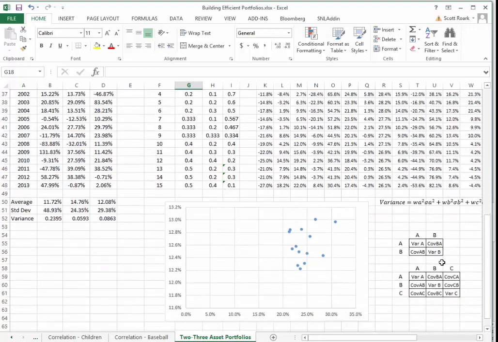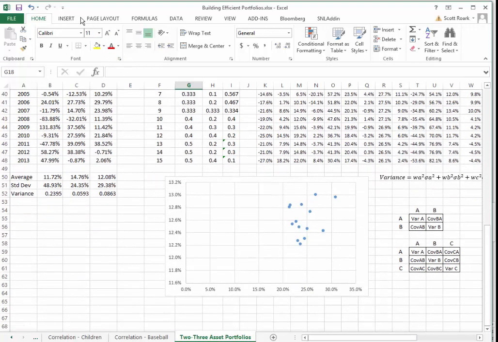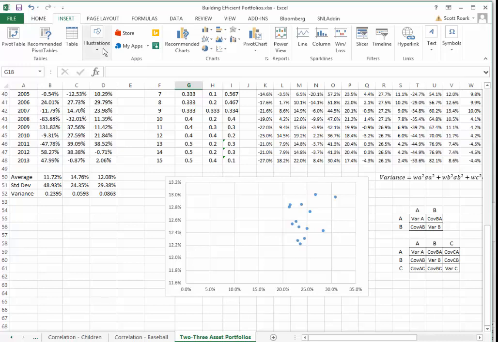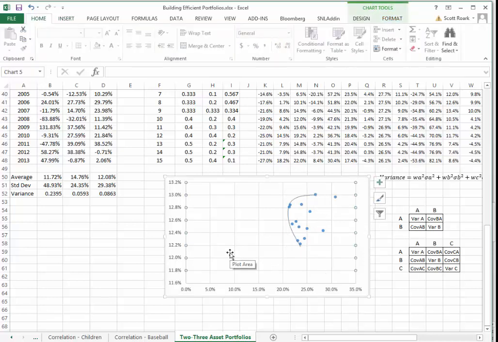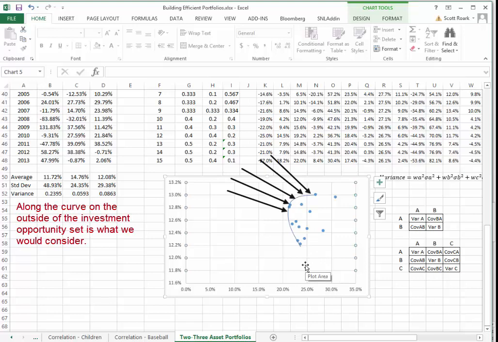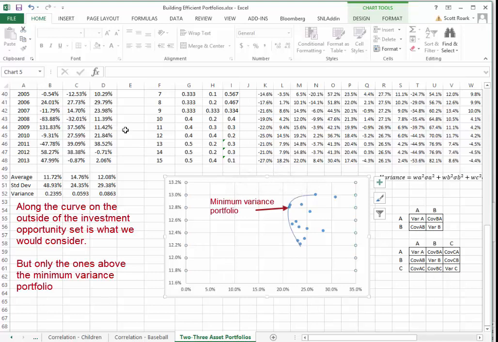Let's move down to the 3-asset portfolios that we built. And we have a little bit more variety here. Let me just trace the things that we would even consider. And that's going to be on this outer edge. So anything along those lines we might consider, those are going to be the ones that are further to the north and west. Anything on the inside would have inferior returns for a given level of risk or inferior risk for a given level of returns. So along these bounds, and it's really, actually, once the curve starts to turn in, we're not going to consider anything below that. So let me just stick another point right here.